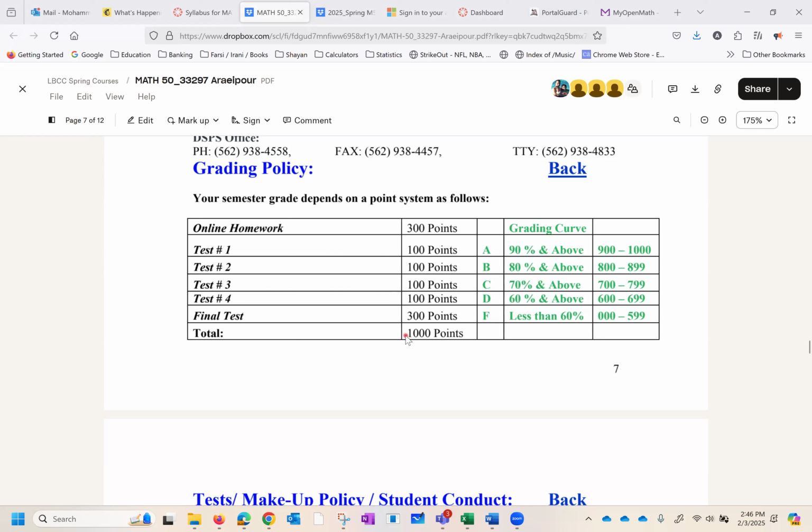They add up to 1,000 points total. This is a point system, which makes it very easy to see the grade. 90% or higher is an A. That means 900 to 1,000 points is an A. 800 to 899 is a B, 80% or higher. And 700 to 799, 70% or higher, is a C, and so on.